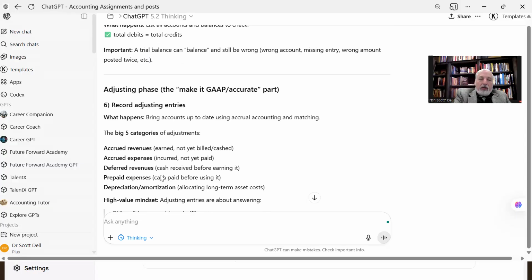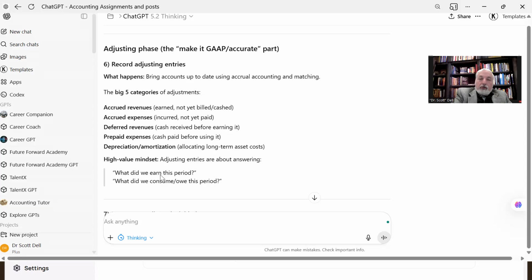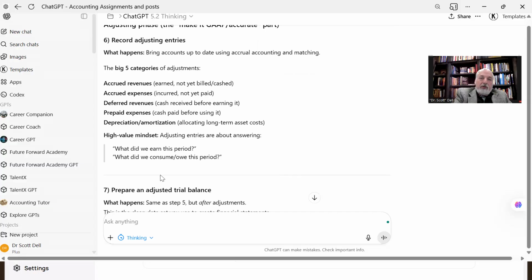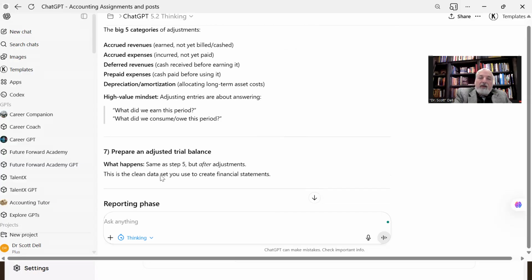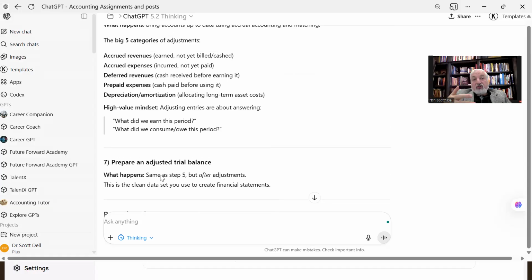Then we have recording adjusting entries. We'll talk more details, but accruals, also known as estimates, and deferrals, which are adjustments. Sometimes we're not given a bill, but we know we incurred something, or we have to do better matching. Or maybe the wages that we're paying on January 2nd were for December activity of our employees. So we have to accrue or estimate the amount of wages. Now, those estimates can be pretty accurate. We can know exactly how many hours our employees worked. We can know what our salary folks make, and we can come up with a pretty good number. But it's still an estimate because no one gave us a bill for our employees' wages.